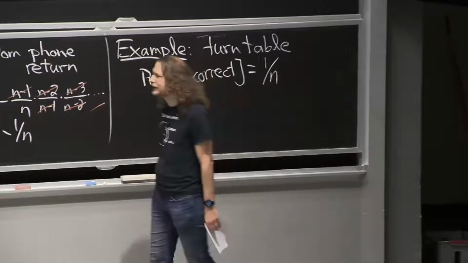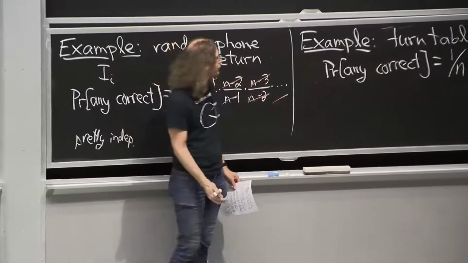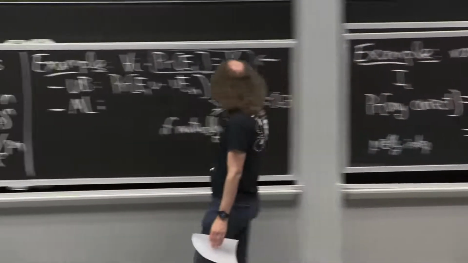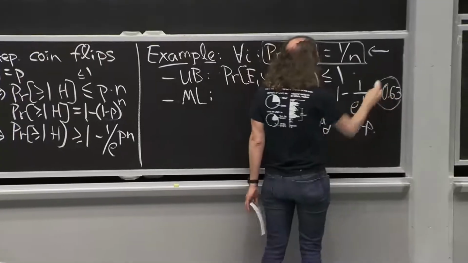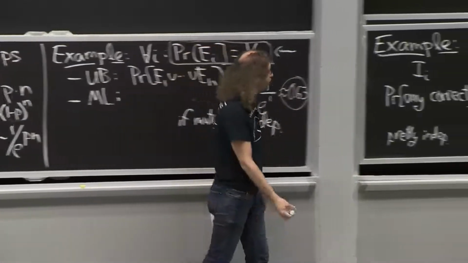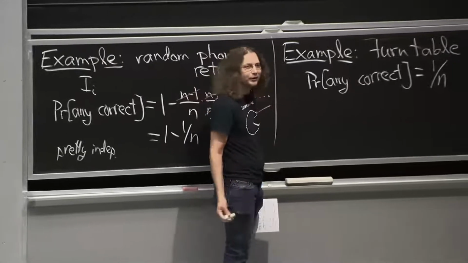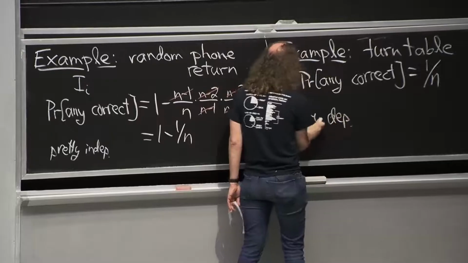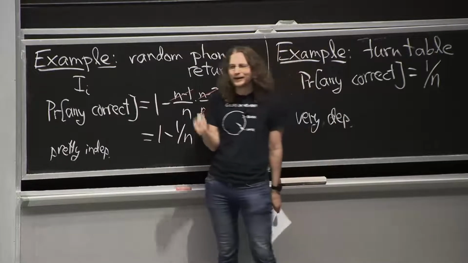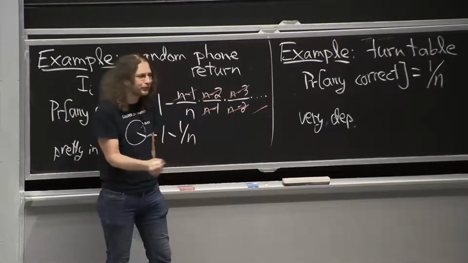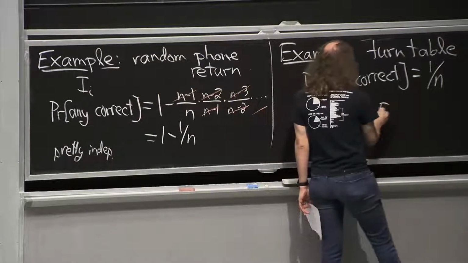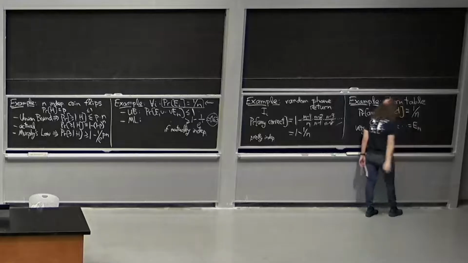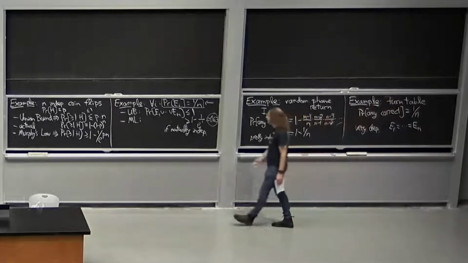So capital N equals little n. And in the other situation, 0 people get their phone back. So this seems to violate this lower bound, right? We said it should be at least 0.63. So in order to do that, it means that they're very dependent. It's very hard for events to be more dependent than them being equal, in fact. The first person gets their phone back if and only if the second person gets their phone back, if and only if the third person gets their phone back. So indeed, the events are equal to each other here, the same single outcome. And so that's why this is breaking.